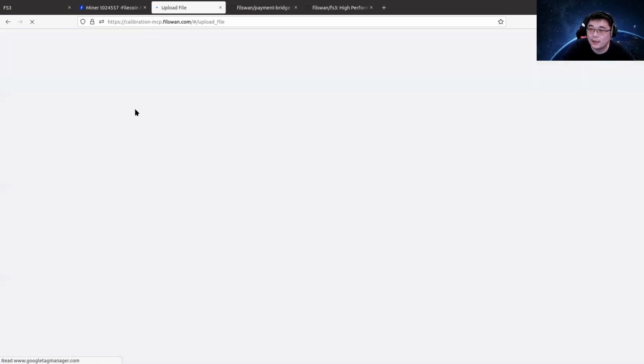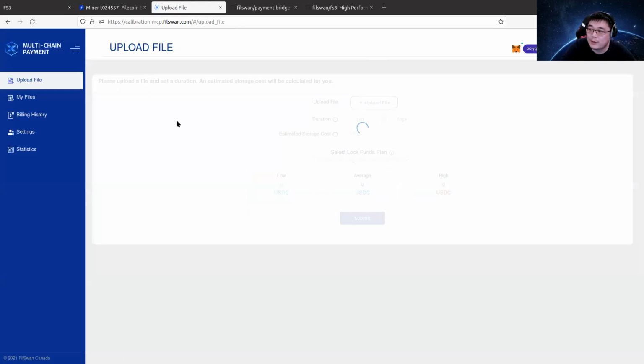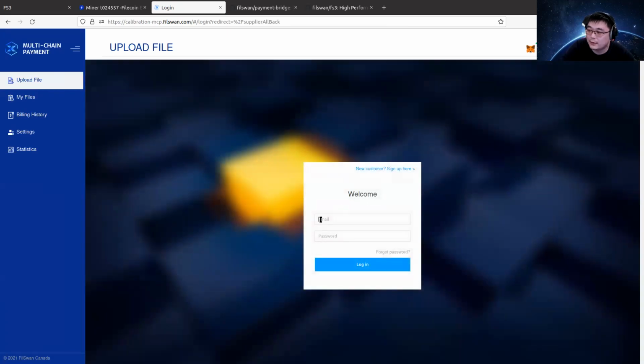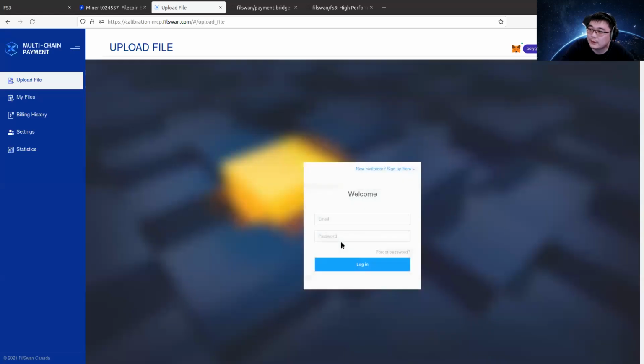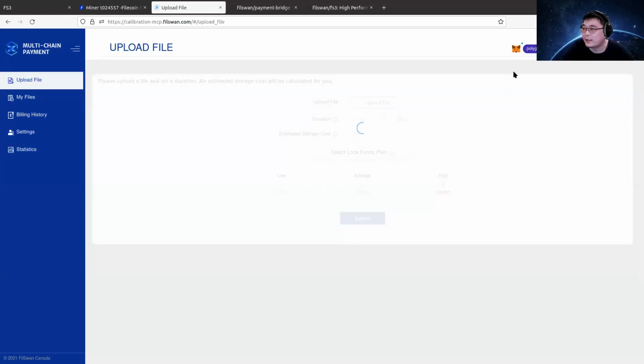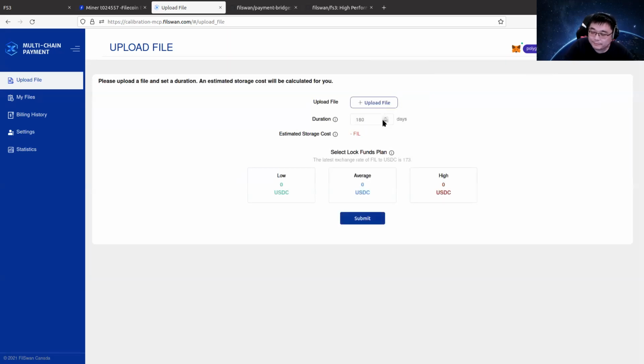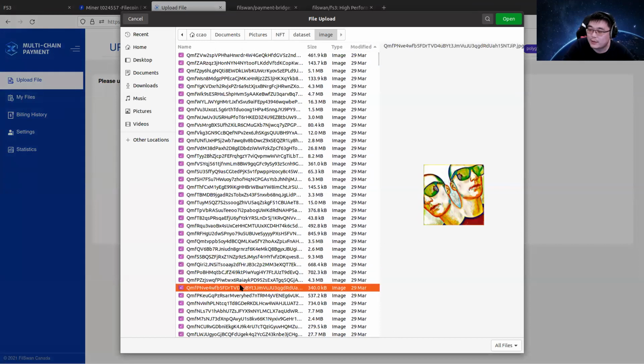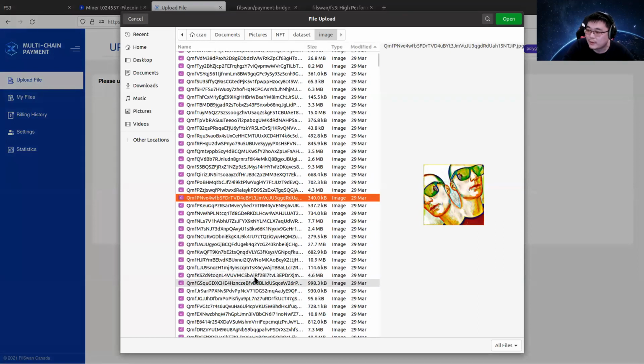We wanted to provide a Web3 user interface to make a payment from the Polygon network. So if you log out, let me log in. Okay, I'm already connected to the network, so I cannot show you how you connect. Basically you can upload the files. Let's do another image, an NFT image. Let's pick up